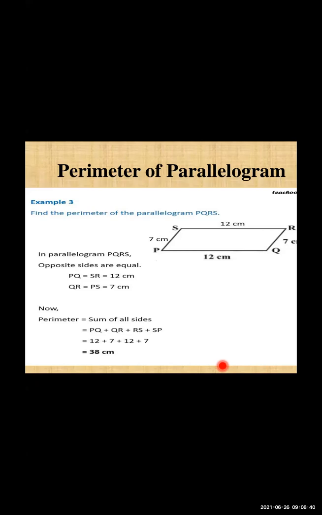side. So perimeter means what? Just addition of sides. You are not going to find its area or its volume. You are just adding the sides. Whatever the sides are, only that you are adding. So if it is in centimeter, the perimeter will also come in centimeter. If the sides are given in millimeter, then your perimeter will also come in millimeter only. Here you don't have to change the